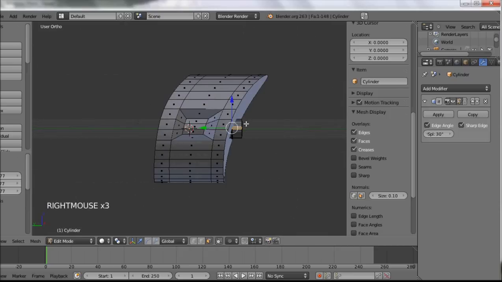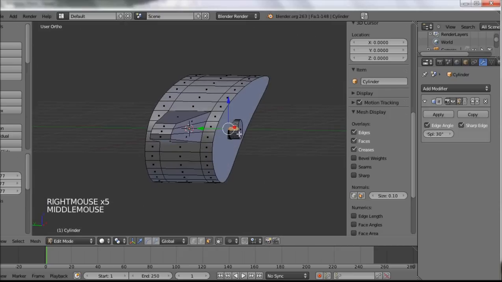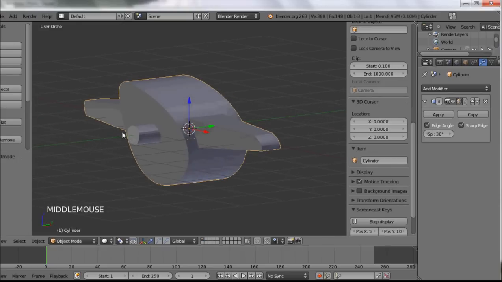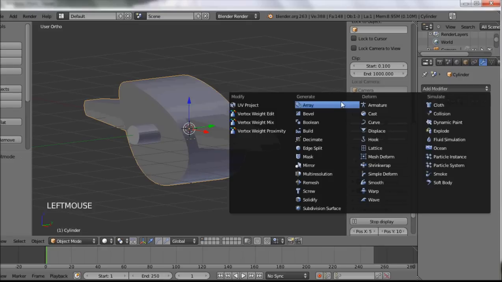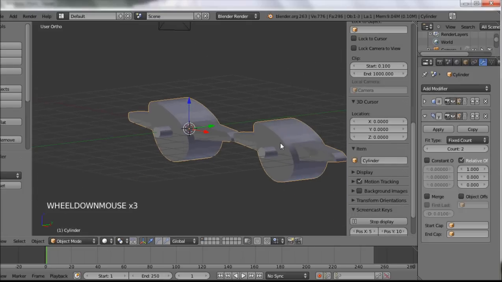Now this could be any object. It doesn't matter for what we're going to do later on. But there we go. That's our very basic sort of snake segment. And you'll see how this is going to work in a minute. I'm going to go modifier stack and add an array modifier. As you can see, it's put it on the complete wrong side, so I'm just going to zero that out,